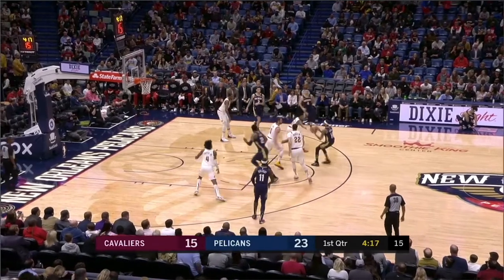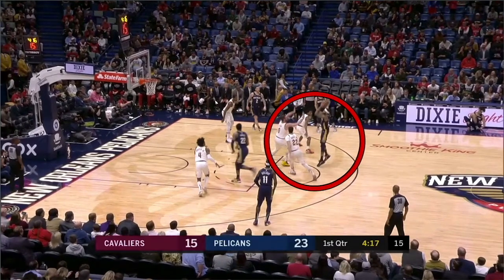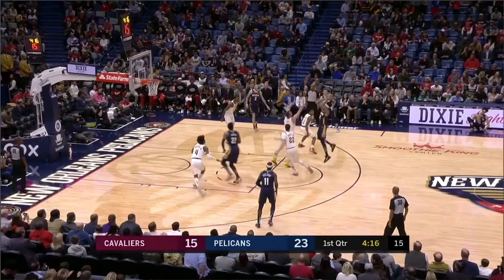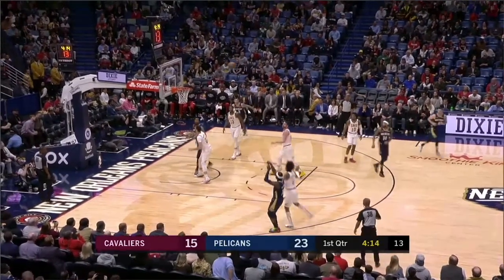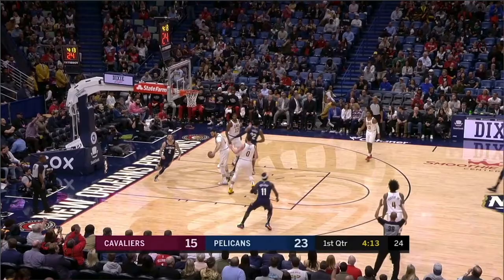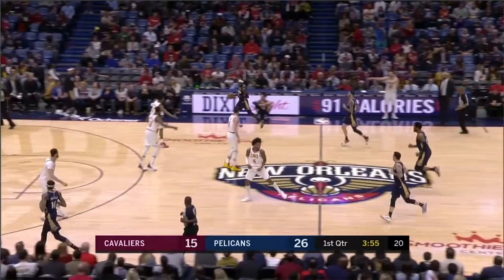But look what happens here. Both players here go towards the basketball, okay? And at this point, now this backside defender is going to be late. He's going to have to come all the way over here now. So now you're never going to be able to get over, obviously, to Jrue Holiday. So you're going to be giving up an open three because you just didn't switch that ball screen like what you had to do.